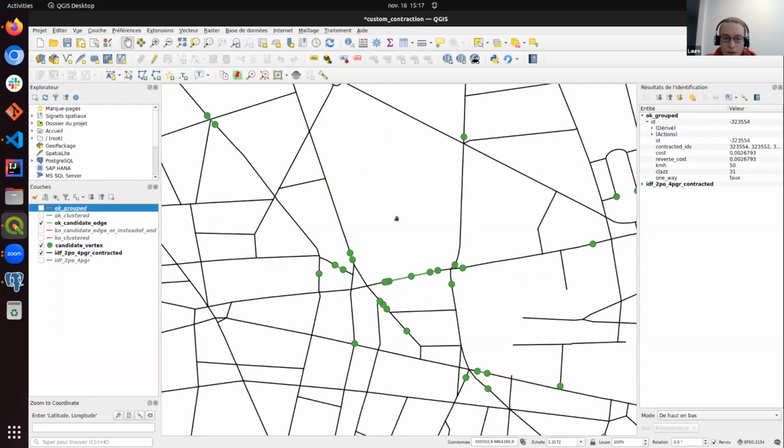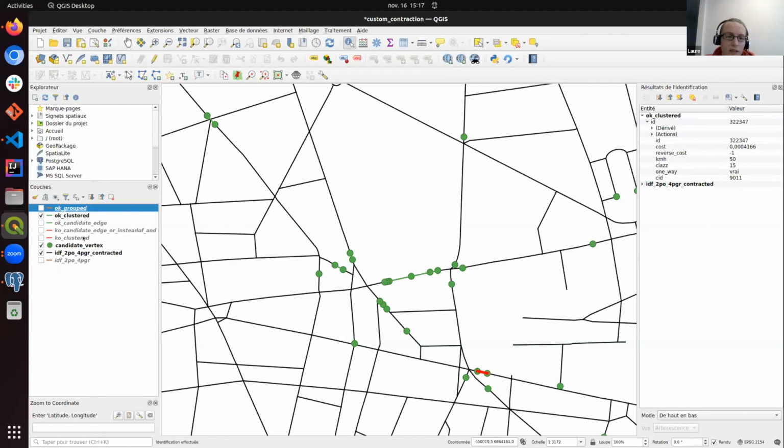And then we are grouping geometrically. So here we can see that if I get the information on the clustered edges, we have a group ID here that was created and which will be the same along the line because they touch. So 27, 29, if I click the next one, it's still the same group. And if I go on another group which is not touching, it will change cluster ID.